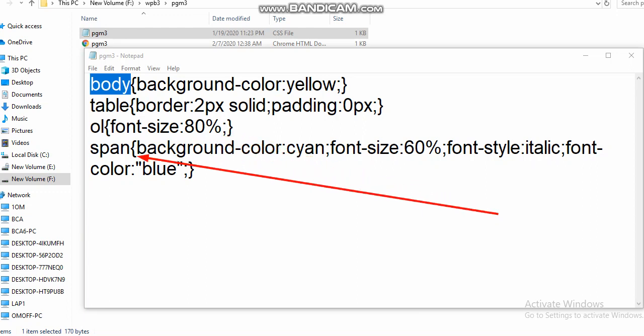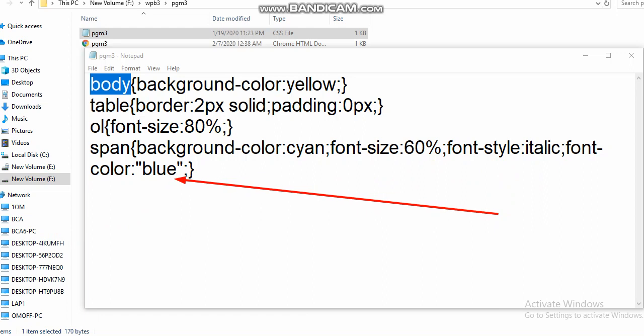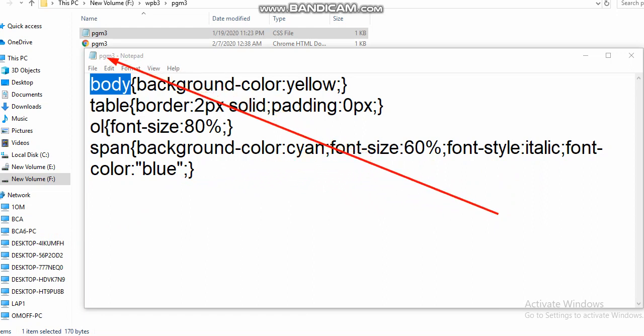Then span. What will the span tag do exactly? It gets applied to the specific text, the specific word or the specific line. Whenever you use a span tag, it gets applied to the data which you highlight using this tag. I want background color cyan, that is like sky blue, see this type of color. I want font size 60%, font style italic, font color blue, right? So this is all about program number